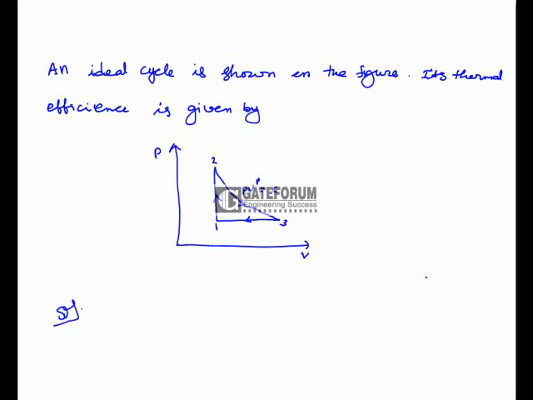An ideal cycle is shown in the figure. Its thermal efficiency is given by. So here is the cycle. Here 3 to 1 is a constant pressure process, 1 to 2 is a constant volume process, and 2 to 3 is